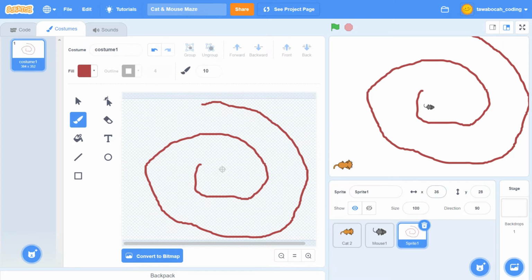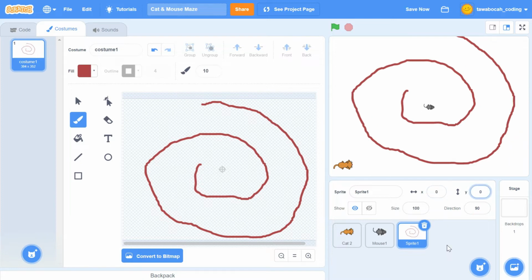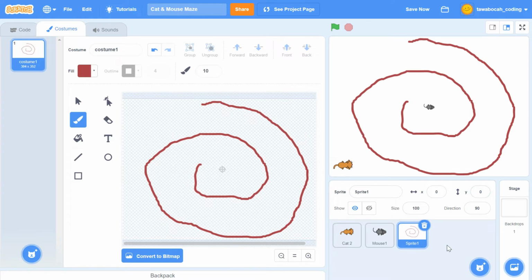Then, place the maze in the center of the screen by typing the x and y coordinates to 0. You can also resize the maze so that it fits the screen.